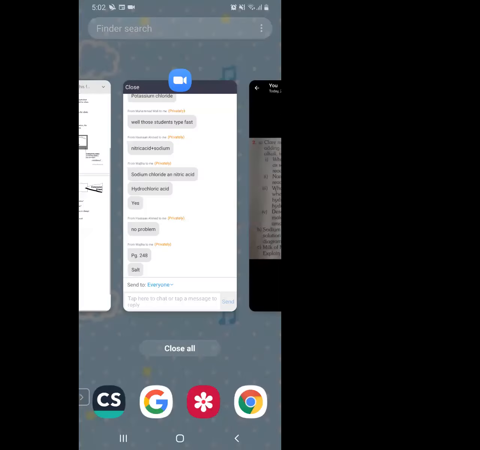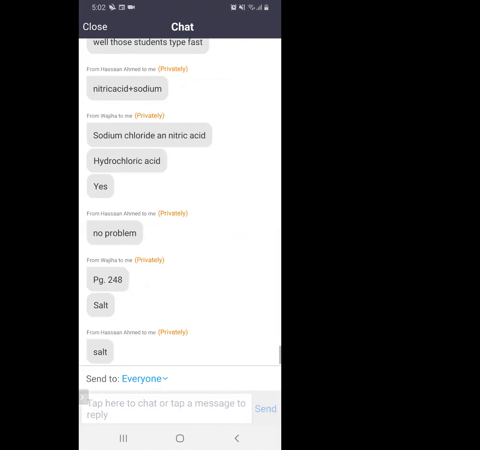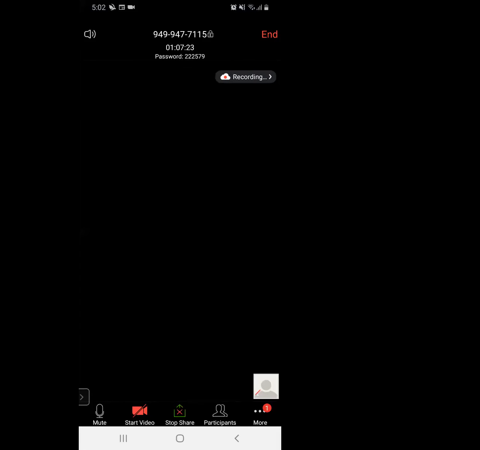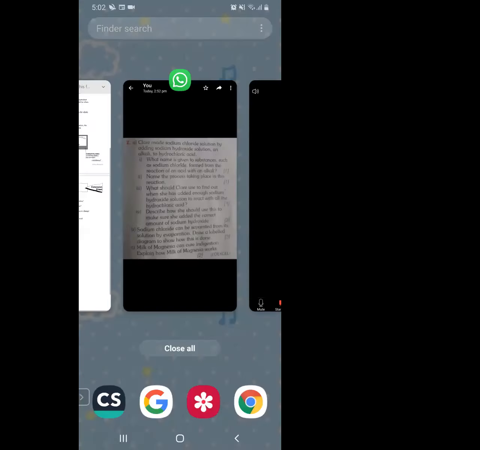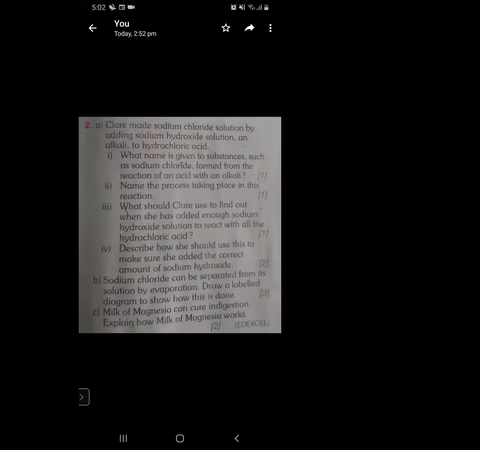Then part 2, name the process taking place in this reaction. Easy, the process is called neutralization, yes. Okay, then what should Claire use to find out when she has added enough sodium hydroxide solution